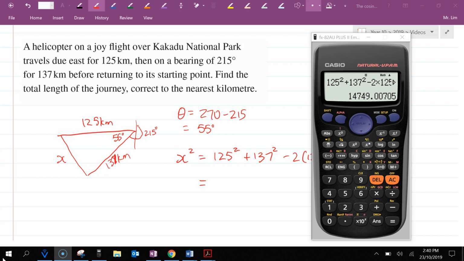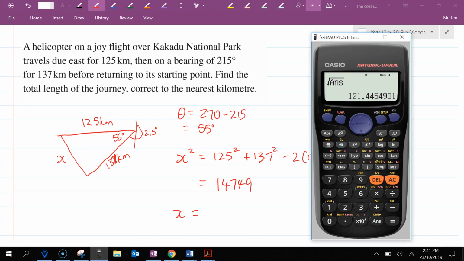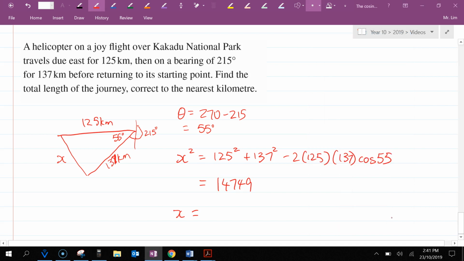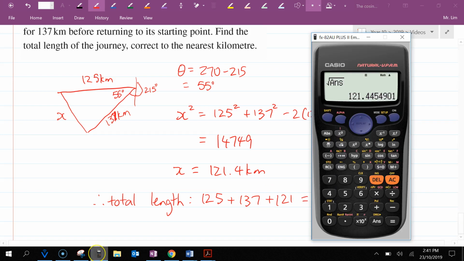Okay, so that gives us 14,749. So x is equal to the square root of that, 121.4 kilometers. So the total length has to be 125 plus 137 plus 121.4, but because it says to the nearest kilometer, I'm just going to round that down to 121, which will give us 383